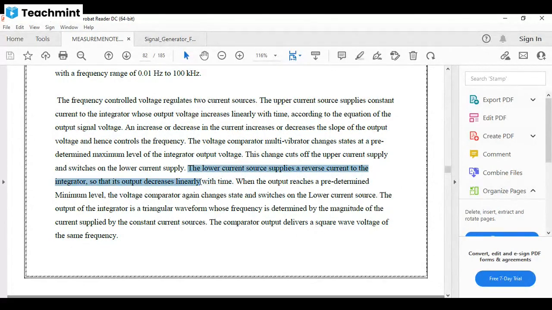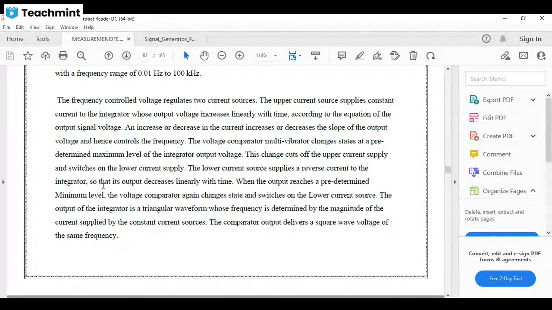इस लाइन को देखा तुमने? The lower current source supplies the reverse current to the integrator, तो रिवर्स में डायरेक्शन तो उल्टा होगा ना। यस सर।